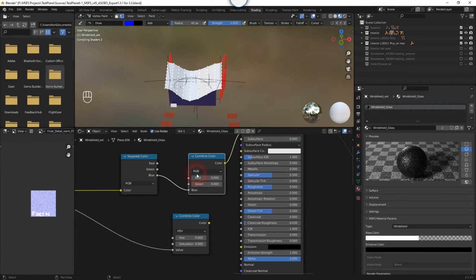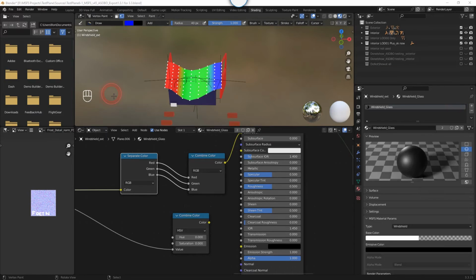As you can see, since we've made the red and the green 0, and currently the blue is also 0, we're back to black. But let's do the right side of the windshield. We shall paint them blue. So we painted the entire windshield now, the individual colors. Red, green, blue. Let's go back into object mode here